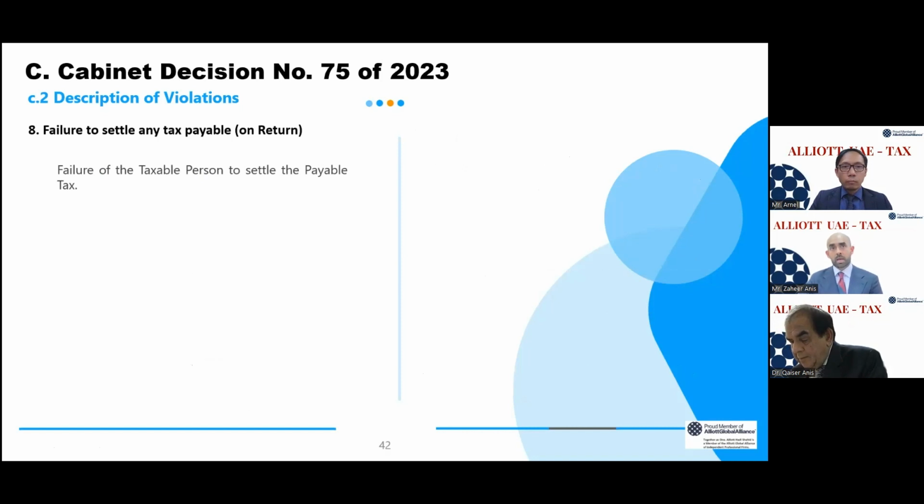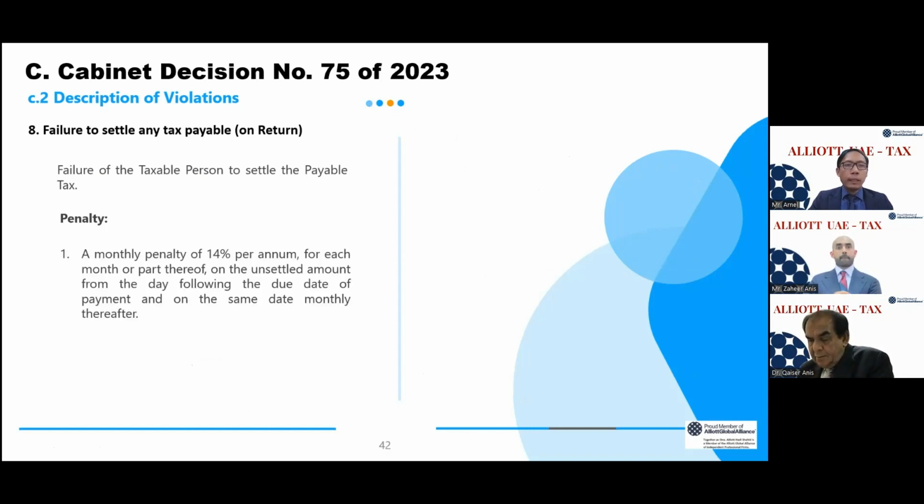If you are not settling any tax payable, what would happen in that instance, Arnold? Okay, so in this case, there will be a monthly penalty of 14% per annum, for each month or part thereof. So there's a possibility of settling the payable in less than 12 months, for example, a delay in settling the penalty of, say, 6 months